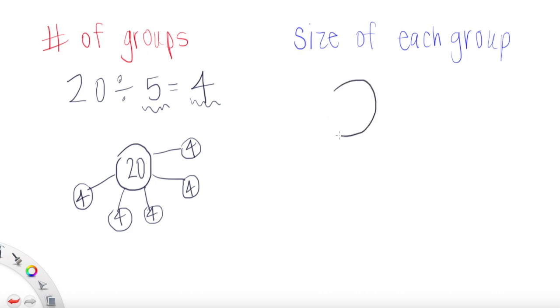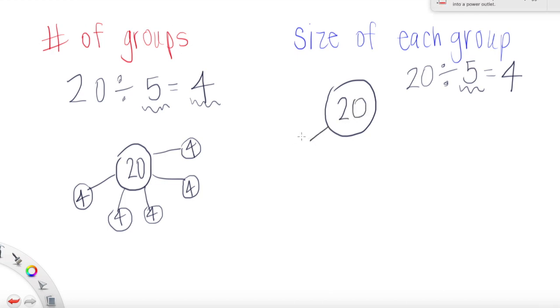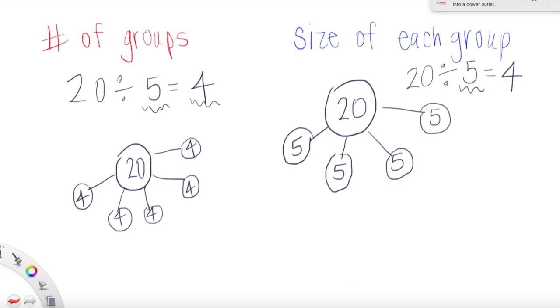If we look at the same expression, 20 divided by 5, yes, it'll be the same expression, but I want to show this in a different way using our number bond. Sometimes this 5 is going to show the size of each group. The way that looks in our number bond, friends, is that I will have a 5 here. And now we have to consider, how many 5s do we need to make 20? Well, I have 5, 10, 15, and then here's one more 5 that makes 20. Here, friends, our 5 shows the size of each group. And again, we've seen that there are 1, 2, 3, 4 fives